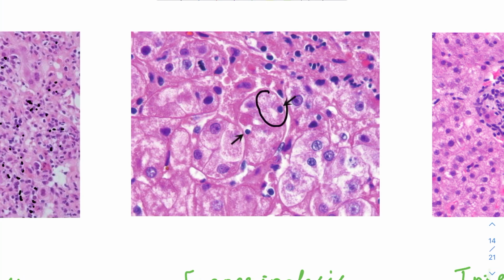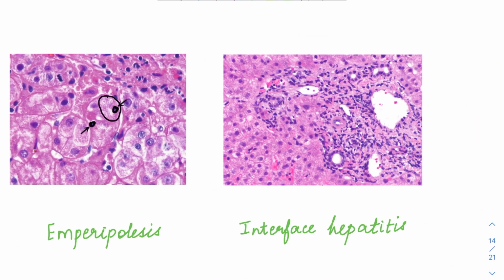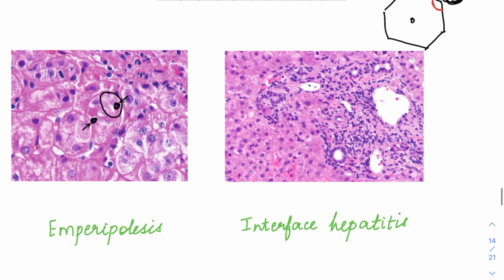And here if you see, this is a hepatocyte inside which you are seeing a lymphocyte. Here again there is a lymphocyte. So an intact lymphocyte inside a hepatocyte is called emperipolysis. And thirdly, we'll have interface hepatitis. So the interface area is nothing but the area in between the portal area and the actual hepatocytes. Suppose there is the portal tract over here and the central vein is here, and suppose the hepatic lobule is here. Okay, so this area, which is quite near to the portal tract, is going to be called the interface area. So hepatitis in this area is quite important, because in this area you are having lots of